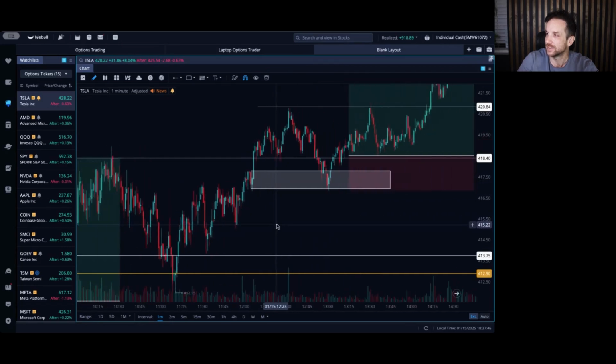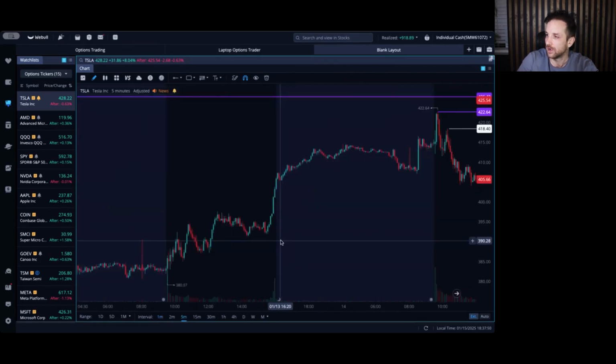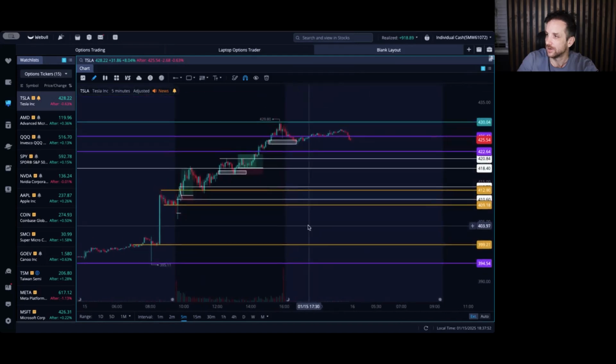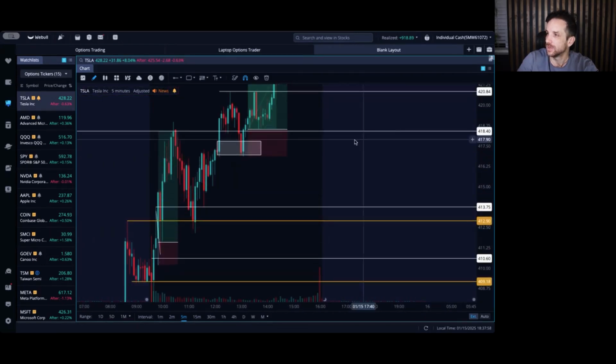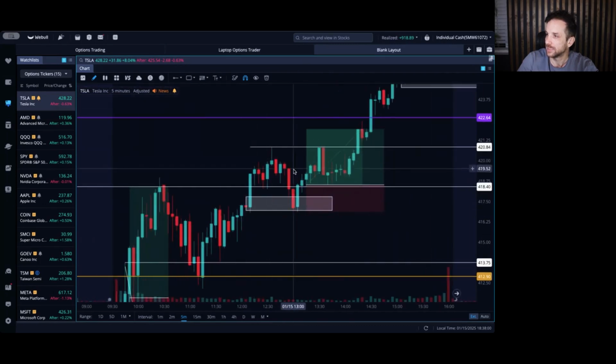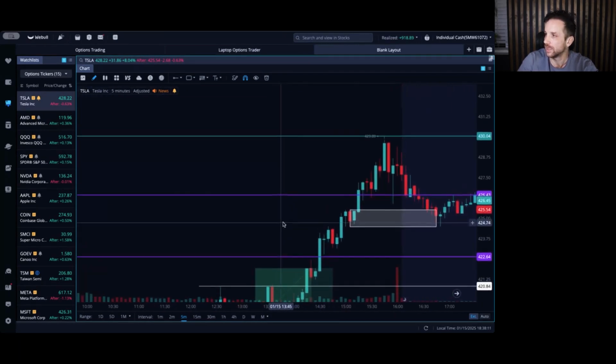So what did I end up seeing that made me take the trade again? Well, I was monitoring on the 5-minute candle here, and as the day moved on, one of my alerts went off. We ended up pulling back into this order block, and then we saw really bullish momentum out of it, closing above this consolidation zone again. So I added a contract back in, and we ended up seeing scales all the way up to